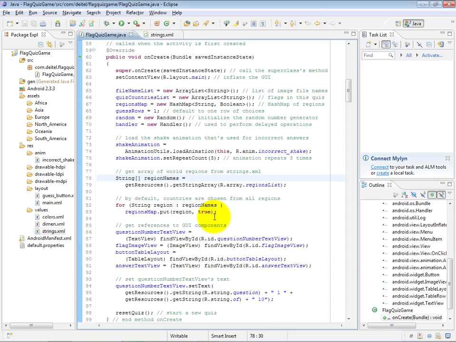Now, we could take advantage of the shared preferences capabilities that we've introduced earlier to store the user's preferences permanently for the app, so that each time we start executing the app, let's say the user always wants 9 answers to be displayed to make it a difficult quiz, and let's say the user always wants certain regions to be